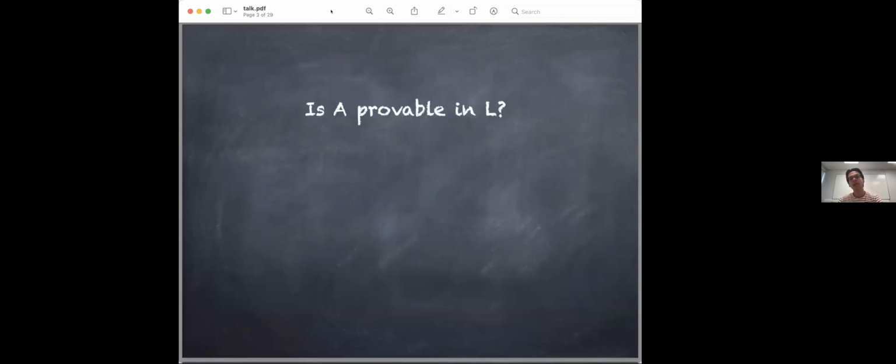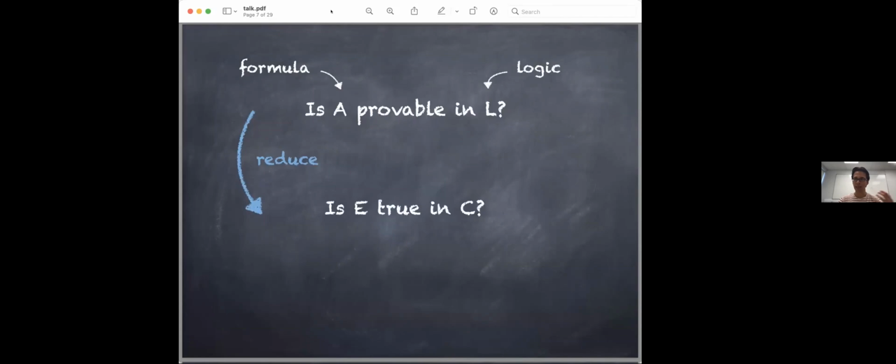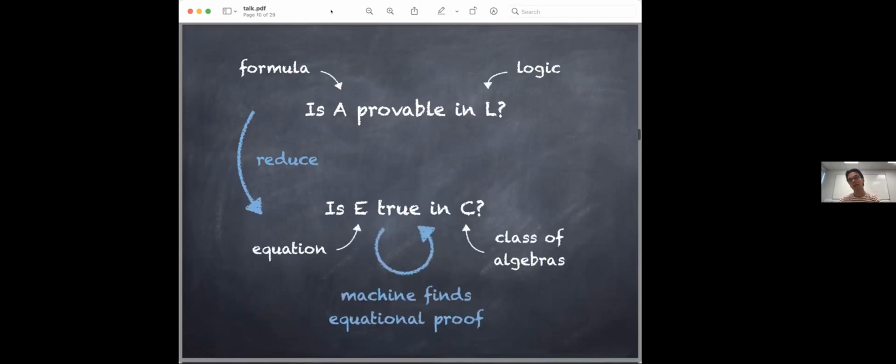So we started with some theorem or some conjecture in a logic. We said, is this true in this logic? We had a formula, we had a logic, and what we knew is that this logic was complete for a class of algebras. So we said, well, we can turn this theorem or this conjecture into an equation, and then we can try to see if that equation holds in that class of algebras. And that's where we used Prover 9. Prover 9 gave us a machine proof of this equation that we then wanted to extract a natural deduction proof that we could actually understand about that logic. And that's what we did